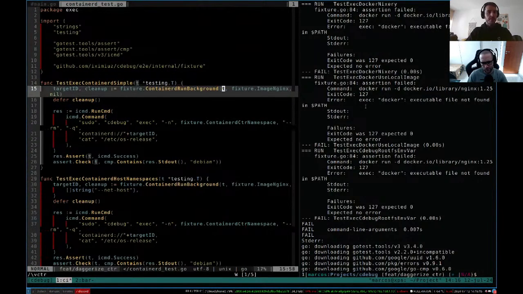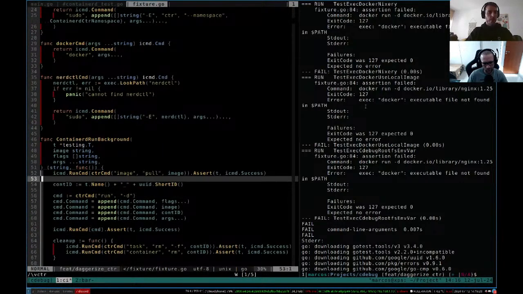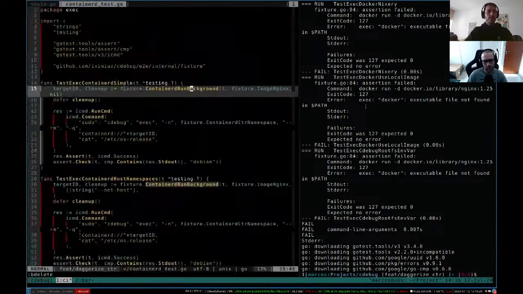So if you go to the fixture containerd run background, there we should see the command. CTR. Oh, so the tests actually need this. Exactly. So they start a container